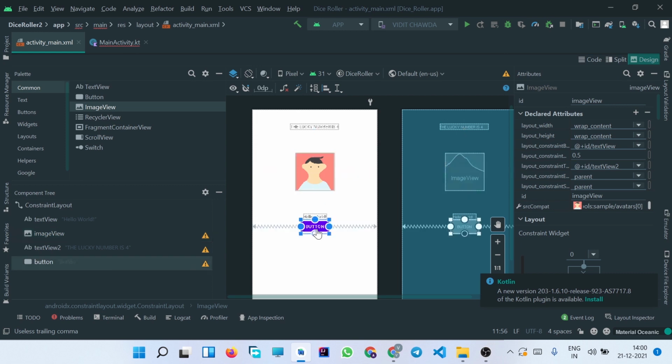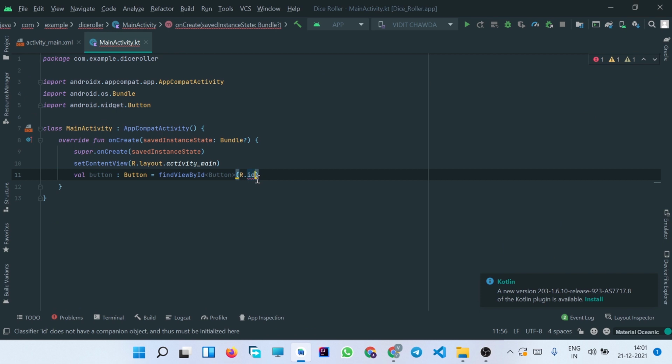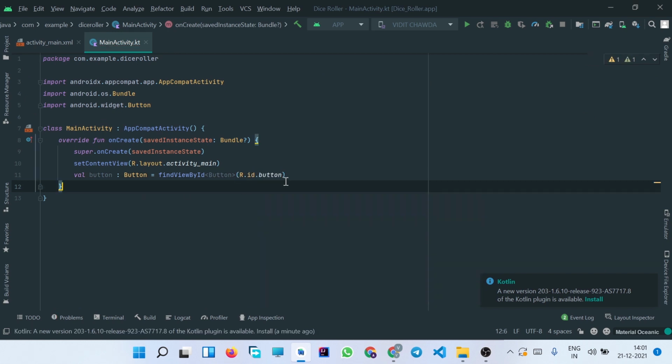So just click on the button and in the attributes you can see the ID, it is button, so copy it and simply paste it after R.id.button. So now you can see the button has been imported here. So now we have imported the button.